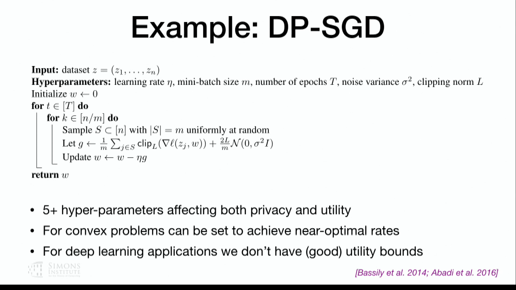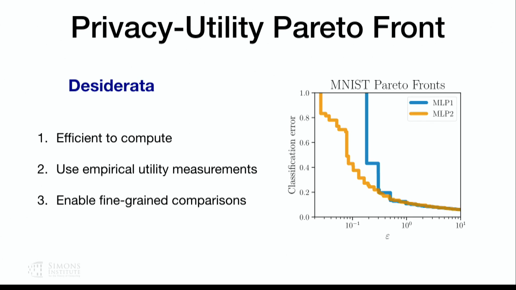So if, for example, I'm interested in getting more privacy, I can increase the level of noise, I can decrease the size of the mini-batch, I can decrease the clipping norm. So how should I tune these hyperparameters, even if I just want a fixed epsilon, I want the best utility? So this is the kind of questions that you need to be able to answer if you want to put these things into production.